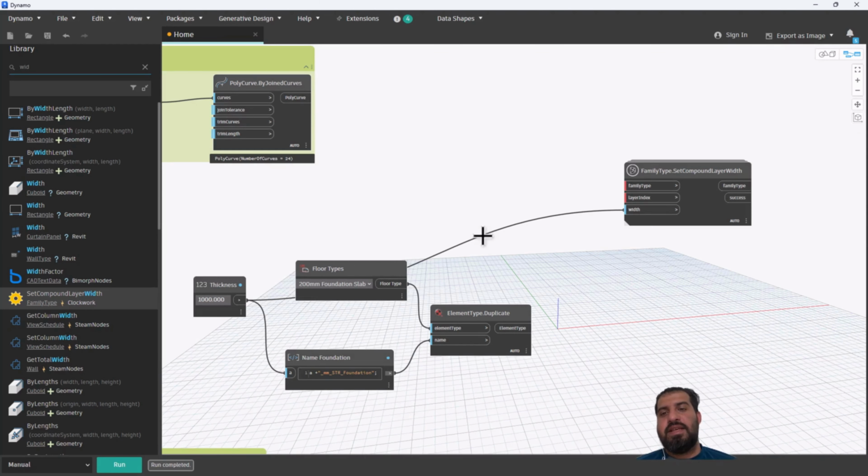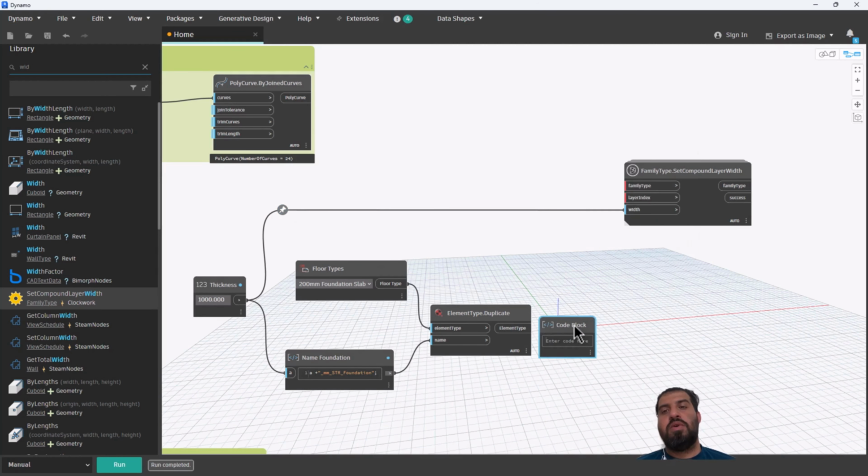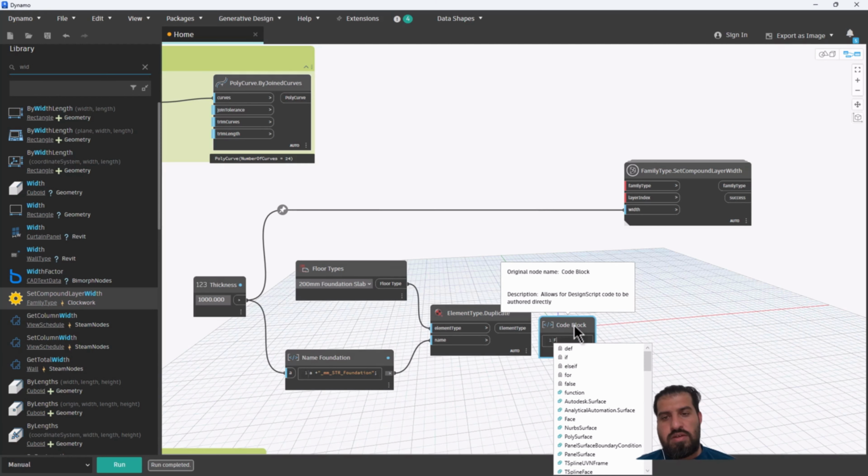Layer index determines the layer of compound index. We create a new code block